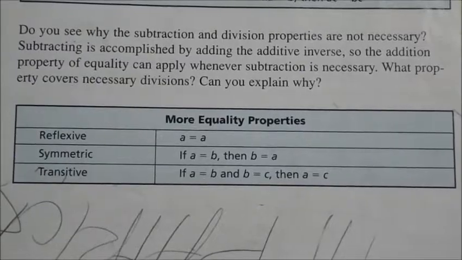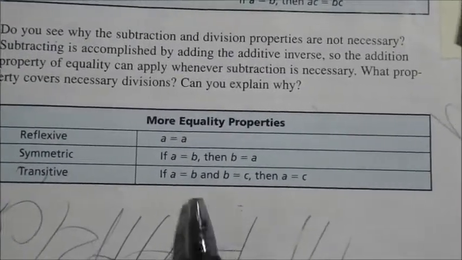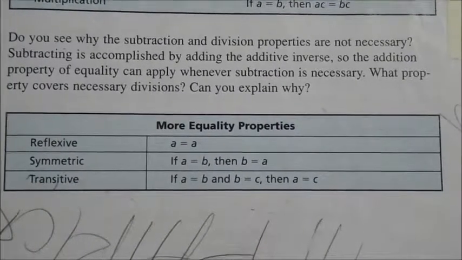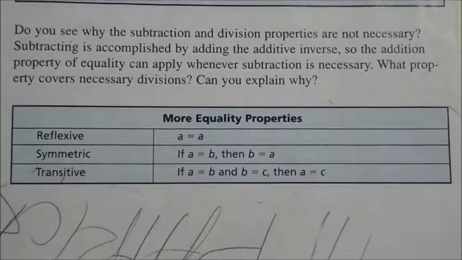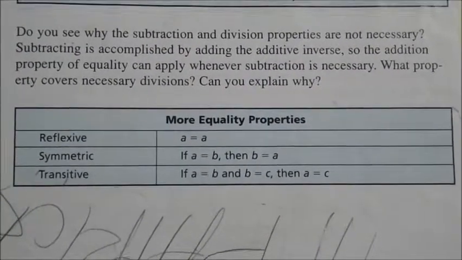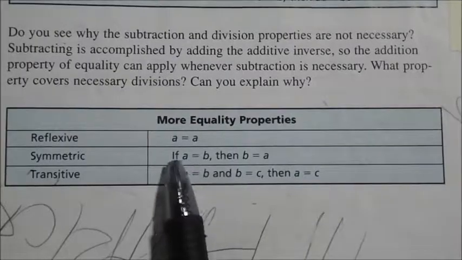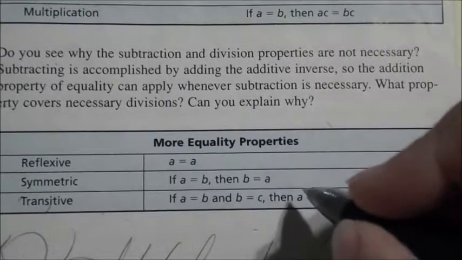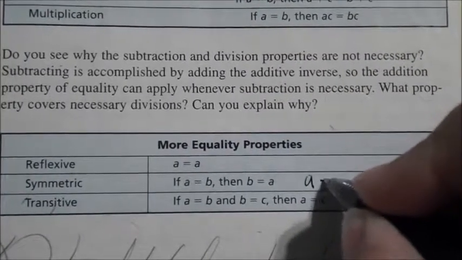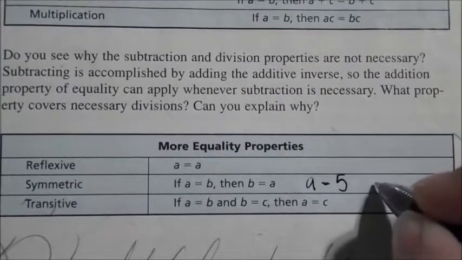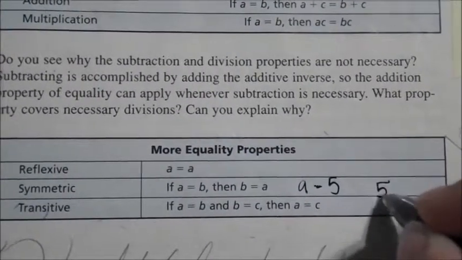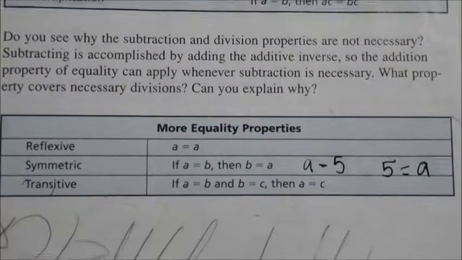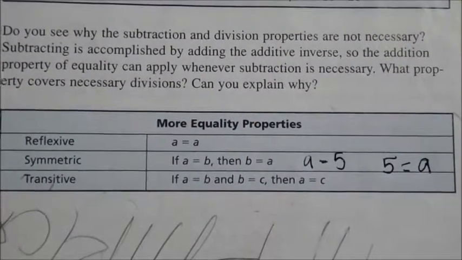These kind of seem like no-brainers. If you ever need to state that something is equal to itself and then explain why you did that, then you would say you were using the reflexive property. What I'm thinking here is that usually we have your answer is A equals 5. Well, if you end up with your answer where you have 5 equals A, and that's not how we usually write it, so you want to write it the other way,